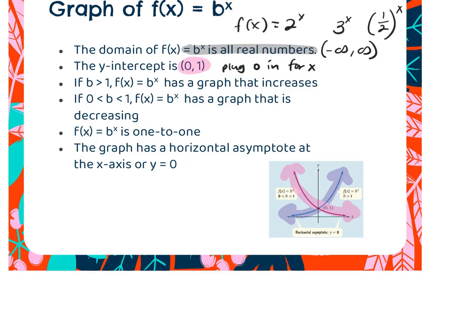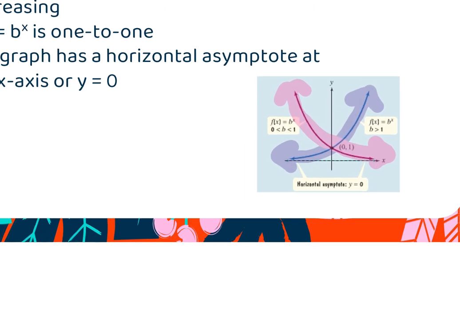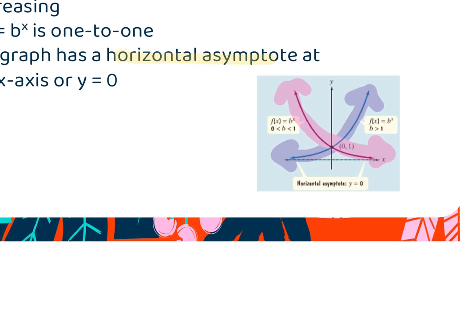The graph is 1 to 1. It would pass your horizontal line test. It would pass the vertical and horizontal line test, so it's a function and it's 1 to 1. And the parent function has a horizontal asymptote at y equals 0. That horizontal asymptote is going to shift